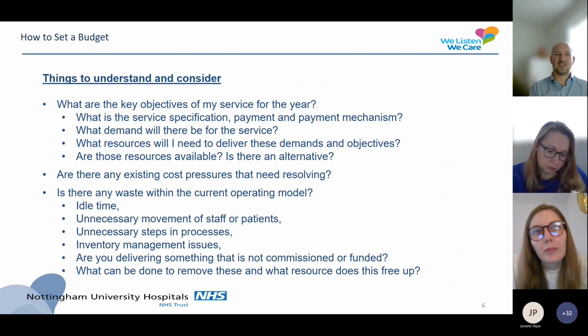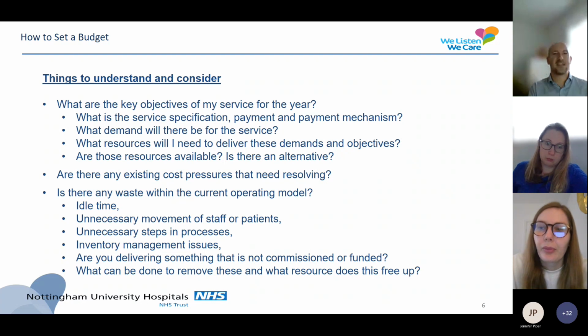So it's working with coders, with finance, to understand, if you're doing something to a patient other than just a straightforward attendance and assessment, then you should really be attracting an HRG and therefore either an inpatient or outpatient procedure